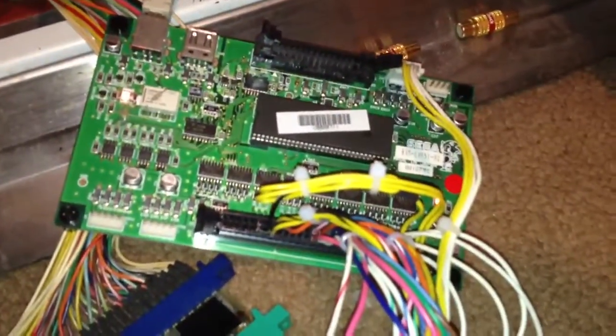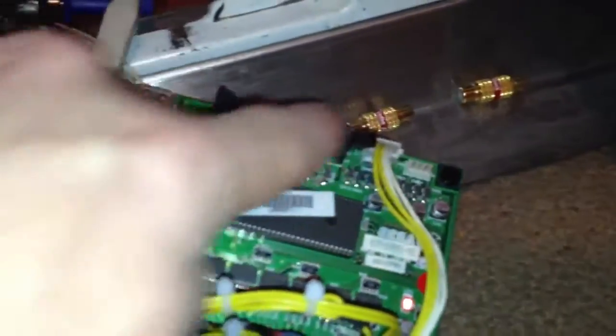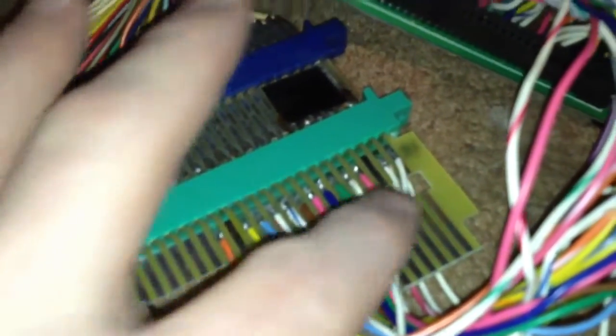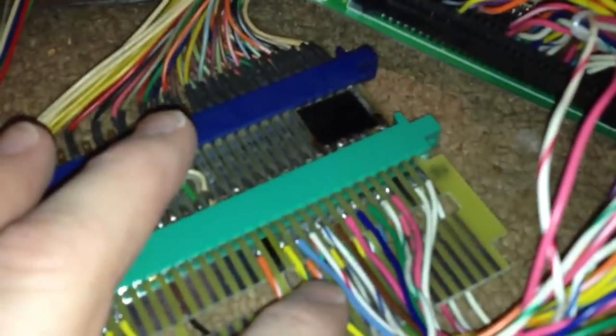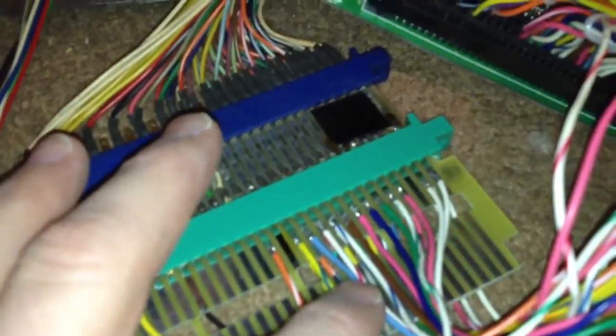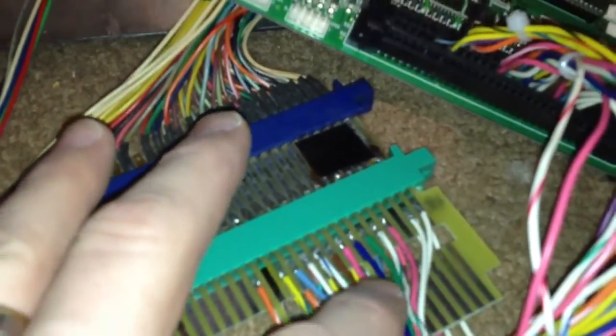So I decided to wire this up to the JAMMA fingerboard. Here I've got the JAMMA fingerboard. I've got ground and 5 volts, and that goes over into the JVS I/O to power the JVS I/O board. Then I've got just some normal JAMMA lines hooked up. I've got player 1 and 2 coin in, player 1 and 2 start, up, down, left, right, buttons 1, 2,